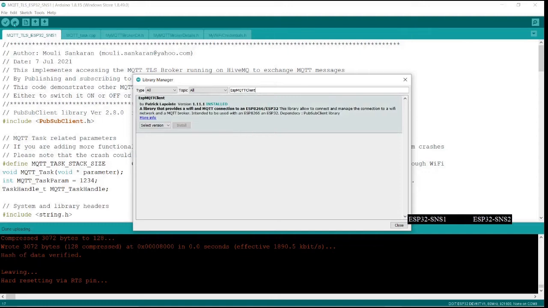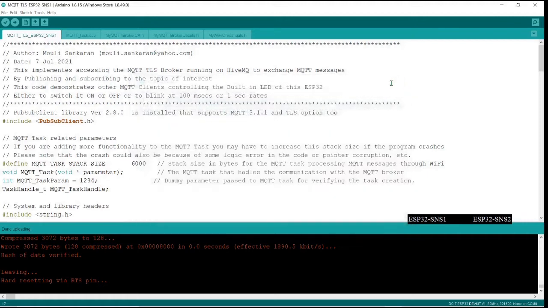If you do manage libraries, it will come here and you need to give ESP32 and install it. I have right now installed the latest version, which is here. So I don't need to go to the lower versions of anything. So this is done, taken care of. When I do installation, it will ask you for the PubSubClient. You have to install both there. Now, how do I choose the board?